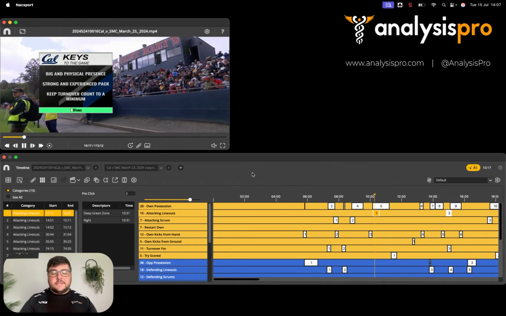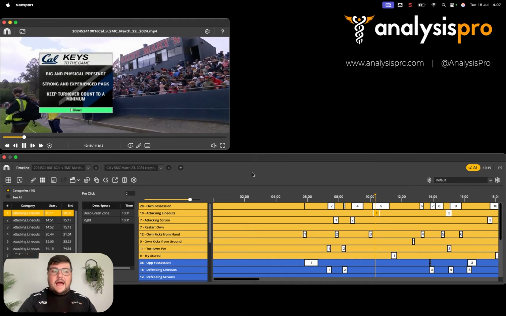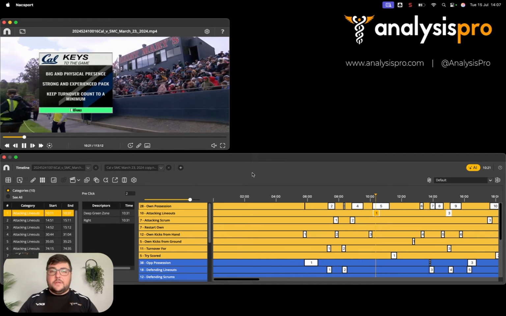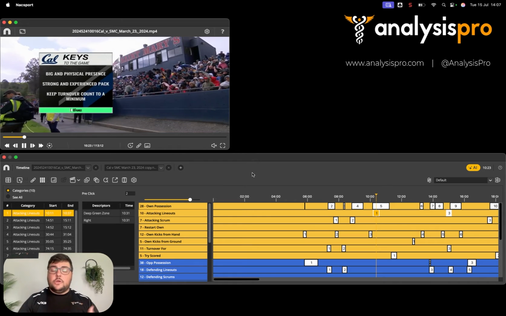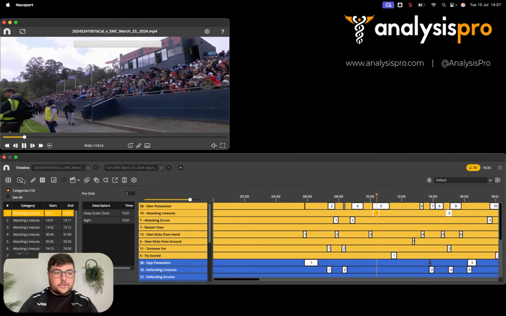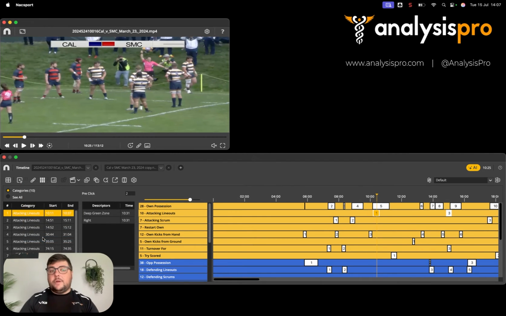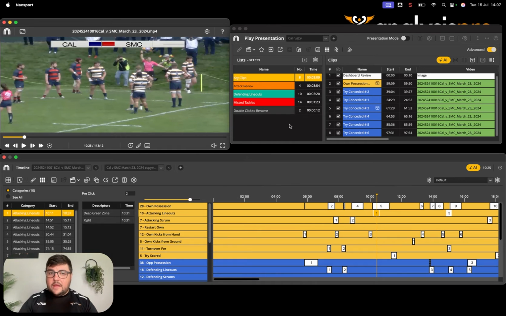Now, after using the timeline, the matrix, and the dashboard, and also the graphic descriptor to find those certain clips, you can then add it into the presentations feature as well. Now, I'm going to open up one I've already done, and you can add clips, as mentioned, from those different